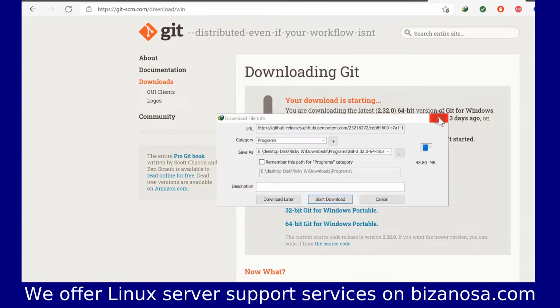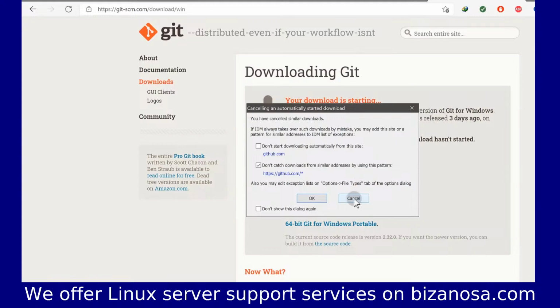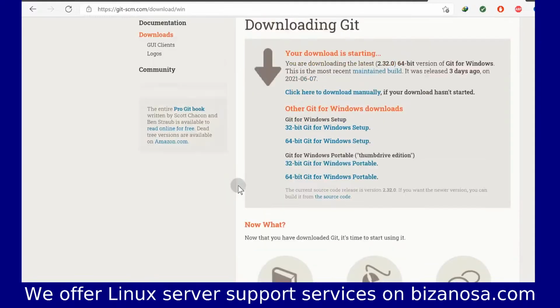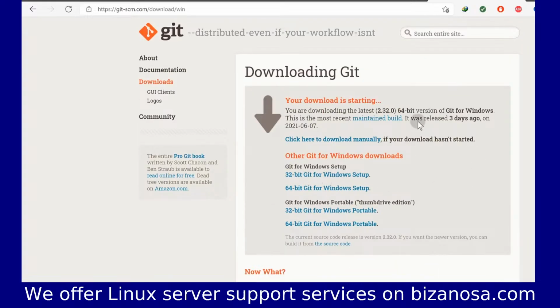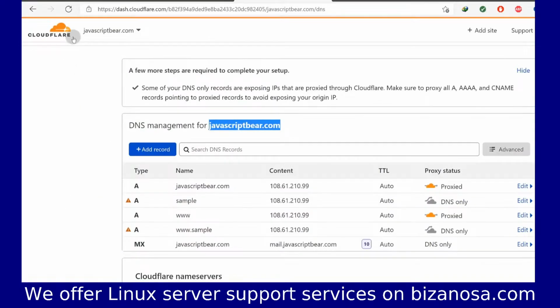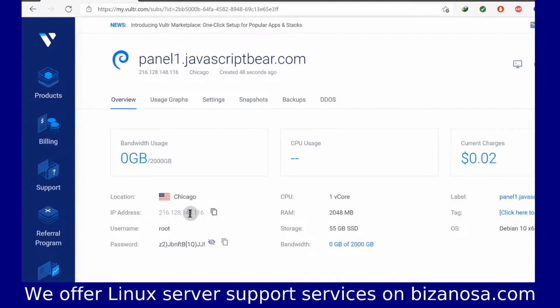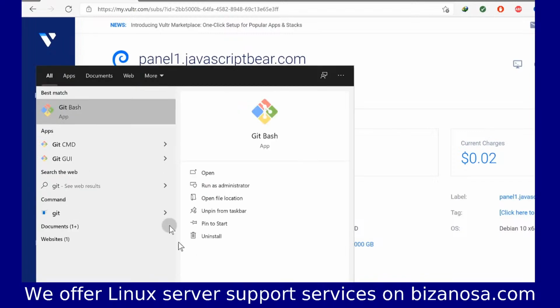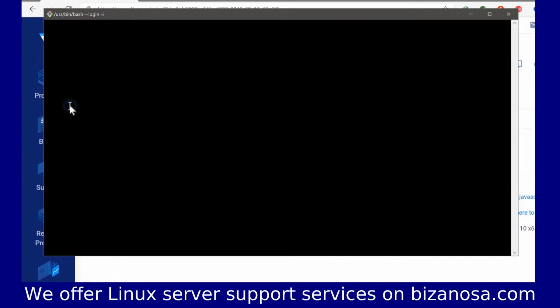Once the download is complete, this is going to install everything we need. It's going to install Git Bash, it's going to install Git, and it's also going to install Git CMD. Anything that you want to do with any of those others, you can do, but we are only interested in Git Bash. So once you install it, just go and open it up, and we're going to use these details to log in. I'm going to come here in my start menu and look for Git Bash. So open up Git Bash,